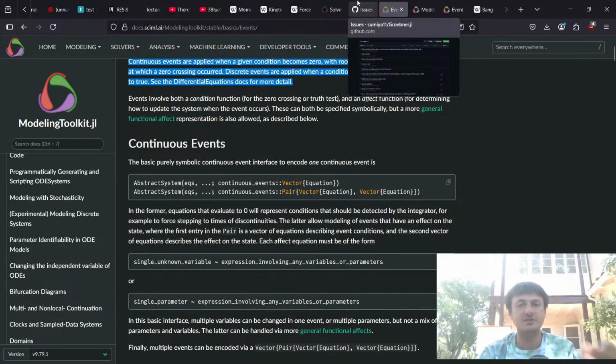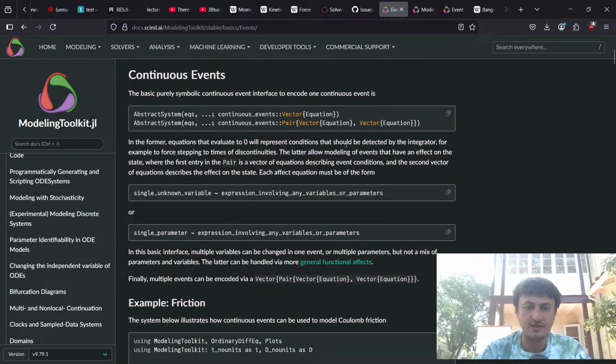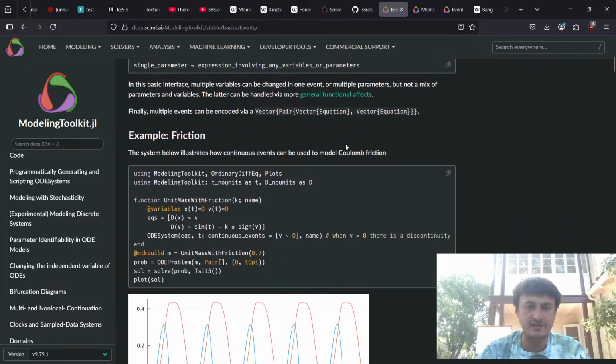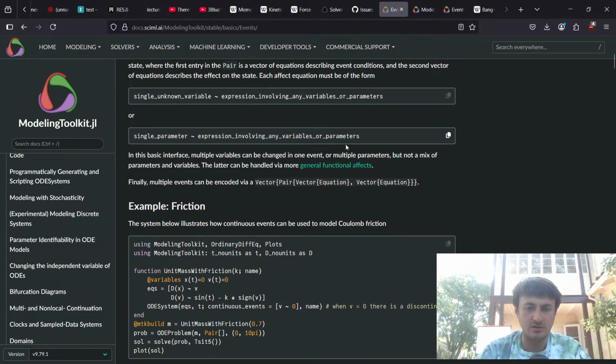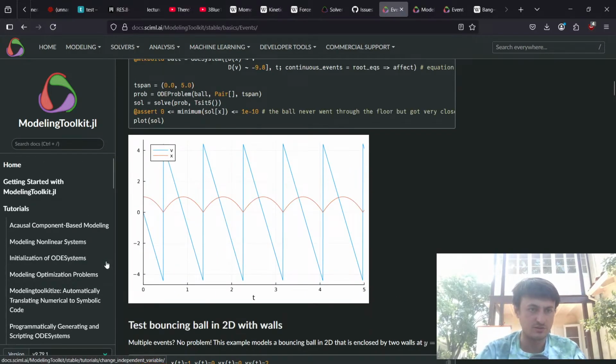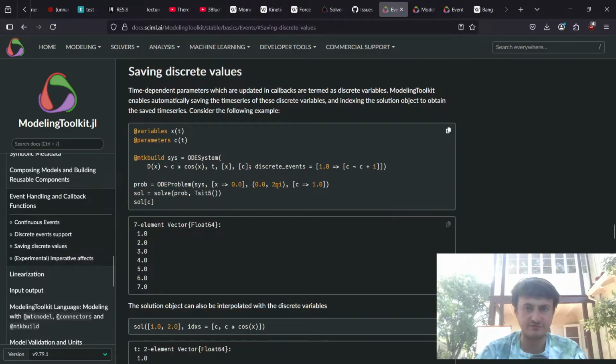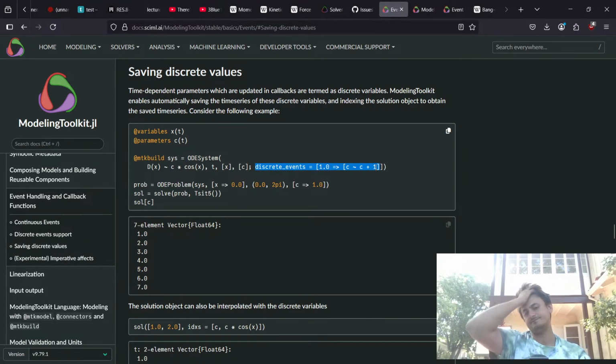But you know what? If I have the discrete event and the continuous event, then I think it's okay. And discrete events get logged, right? So if we go back down to where's our section? Saving discrete values. If we did this, but the thing is,